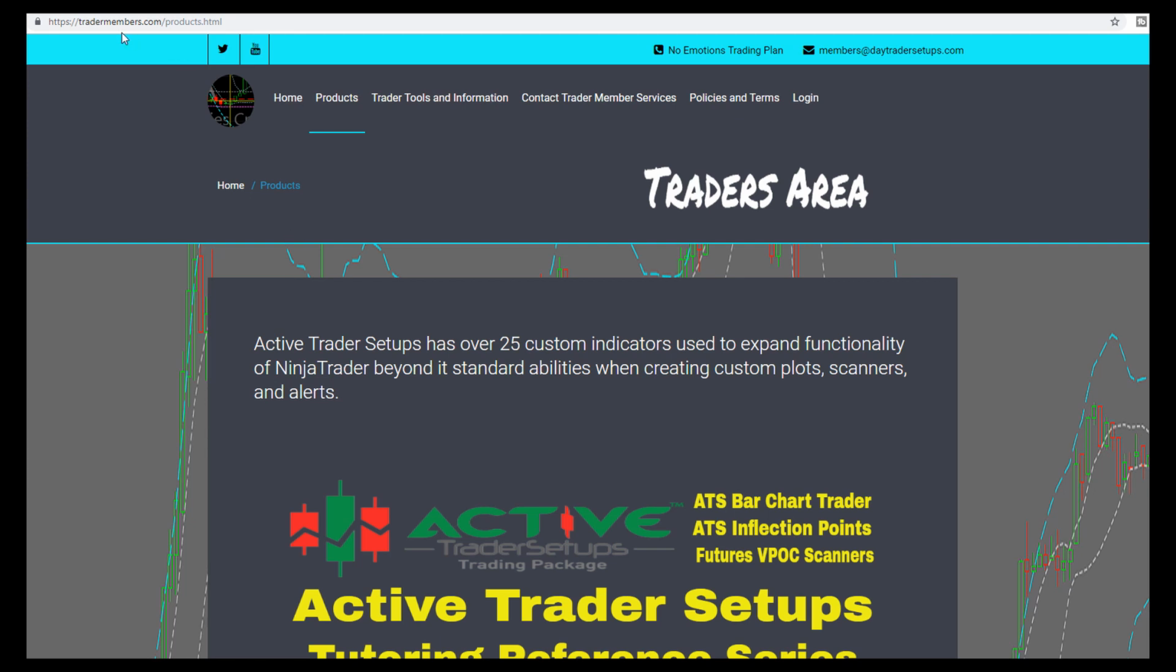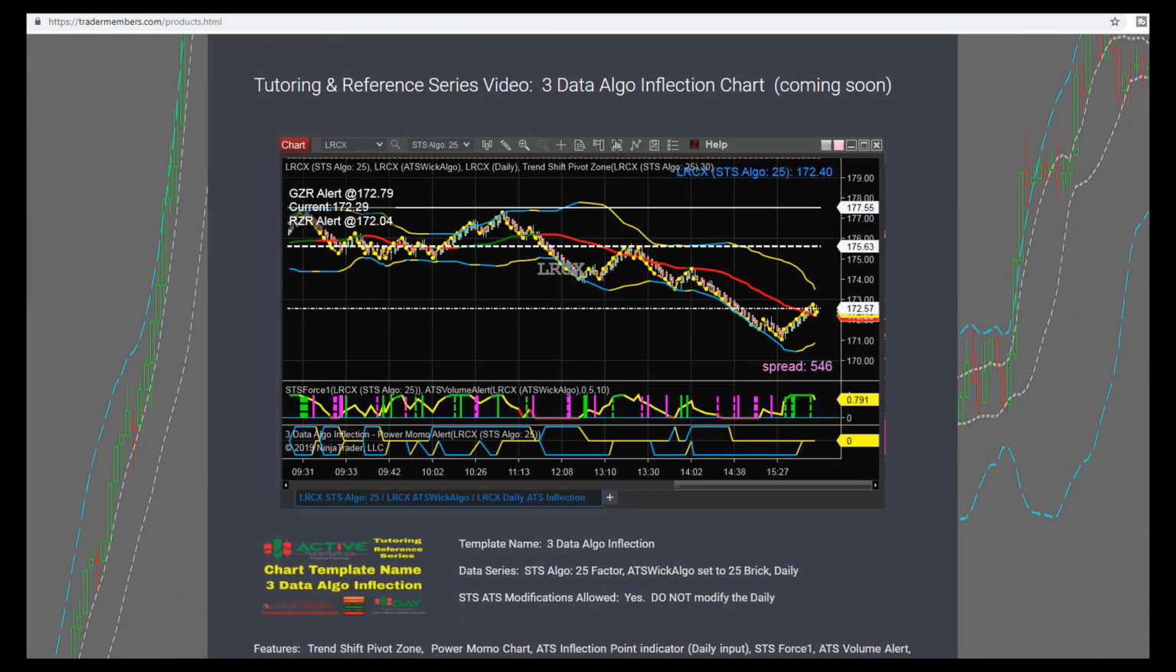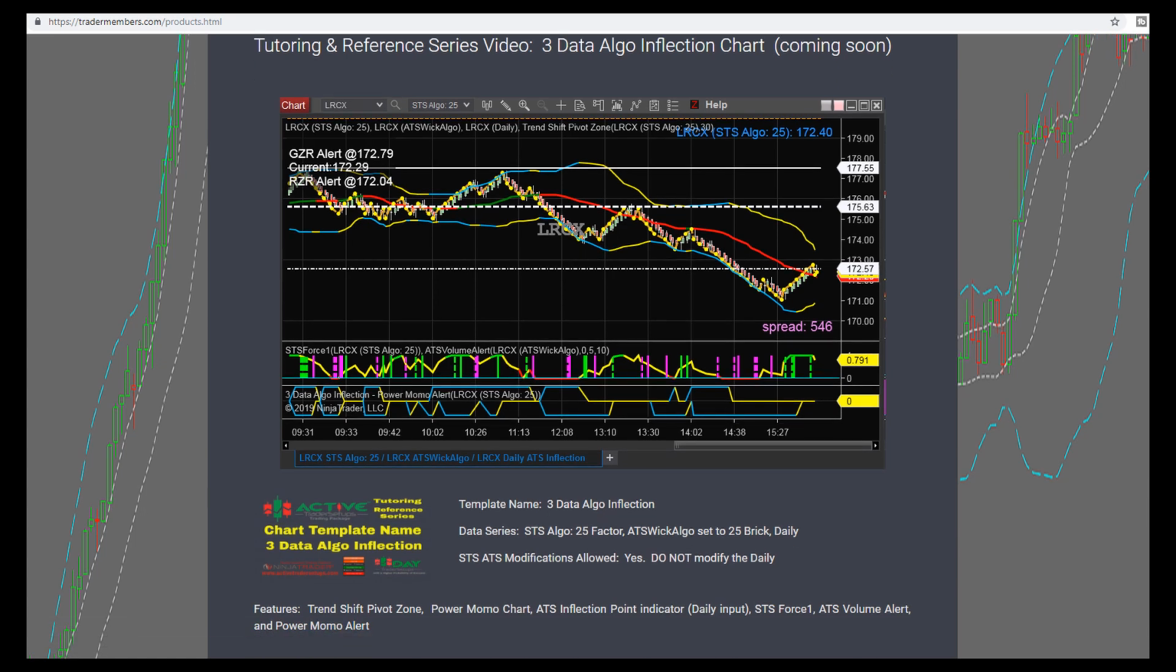So you go to tradermembers.com, click on the Products tab, and we have the page set up for our members, as well as it's open to the public if you want to learn more about our charts. We have each chart outlined, each template. We have a different section for the futures charts, and we're taking each chart one at a time and showing all the indicators that are on the chart, telling a little bit about what they tell you, showing you where the scanners are located to scan for the inflection points that are shown on these charts, as well as at the very end of each of these